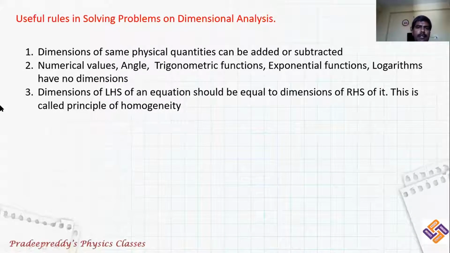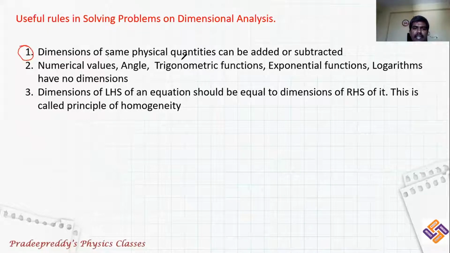Useful rules in solving problems based on dimensional analysis. With these 3 rules, we can solve any problem in dimensional analysis. You should keep these 3 rules in your mind. Okay, and they are very, very important. These are the 3 weapons. You can treat these 3 as weapons in solving dimensional analysis problems, whether it is JEE or NEET or any entrance exam. These 3 rules you should keep in your mind to handle a problem based on dimensional analysis. What are those rules? Number 1,